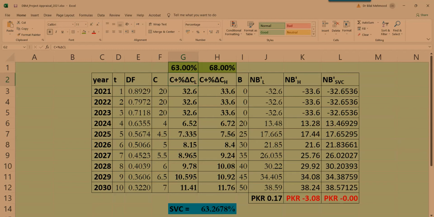As we remember, we experimented with the changes in cost by adding some percentage of it. One would be a lower increase in cost, which is here, and the other one will be the higher increase in the cost, which is represented by delta CH percentage sign. So we can do this, and for that we are going to resort to an input cell. These green highlighted cells are basically input cells in which we will input the lower increase and then the higher